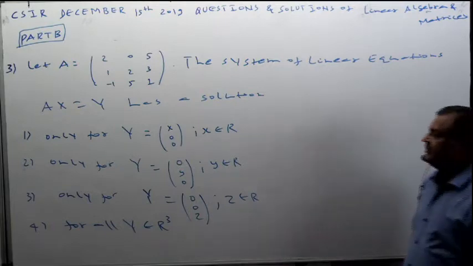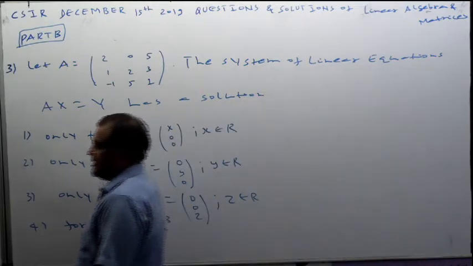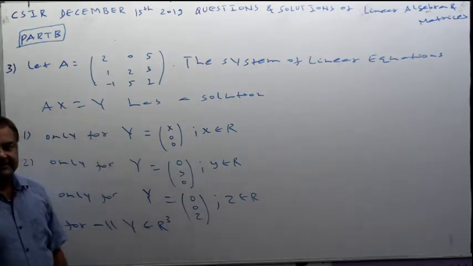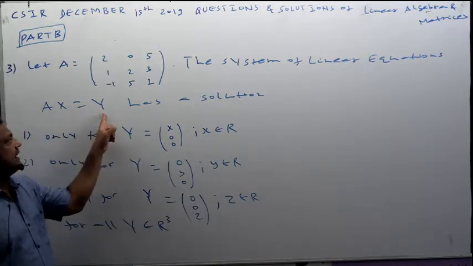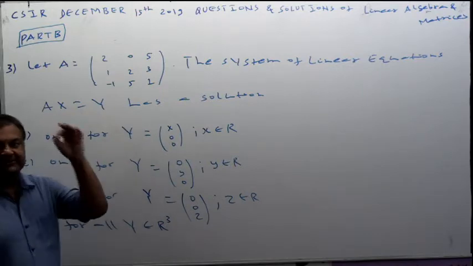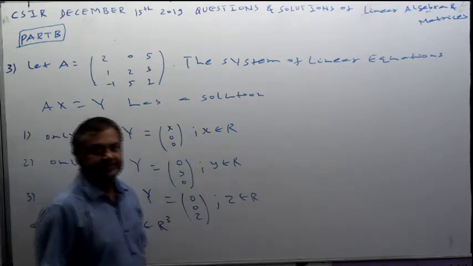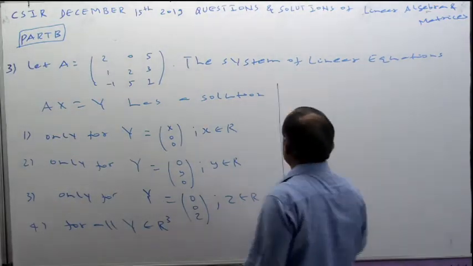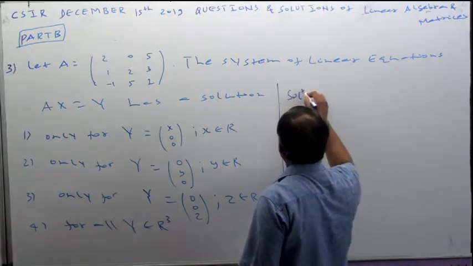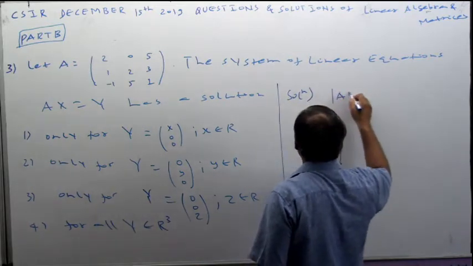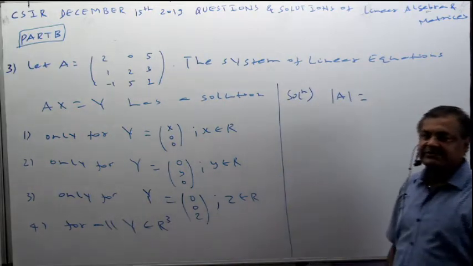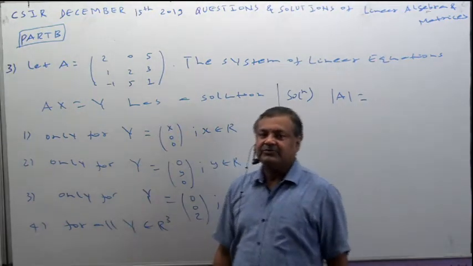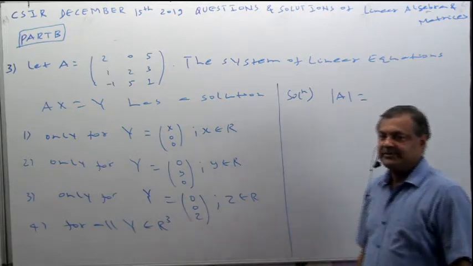Now let us have its solution. If A is non-singular matrix, then for any y here, Ax equals to y must have unique solution. Forget about solution, it will be unique solution, guaranteed. So my first duty in this solution is to find determinant of A. If it is non-zero, it will be non-singular. So for any capital Y given, Ax equals to y will have unique solution.